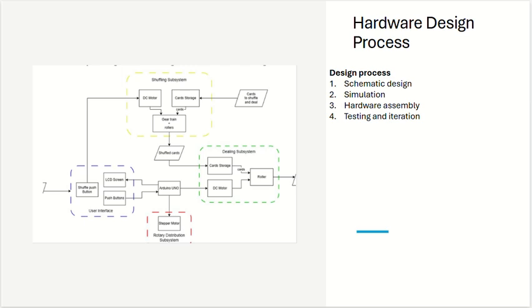So now we're talking about the hardware design process. Put simply, the design process first includes the schematic design, then the simulation, then the hardware assembly, and then the testing and iteration. For the schematic design, the voltage regulation circuit was designed in Multisim, and after that,